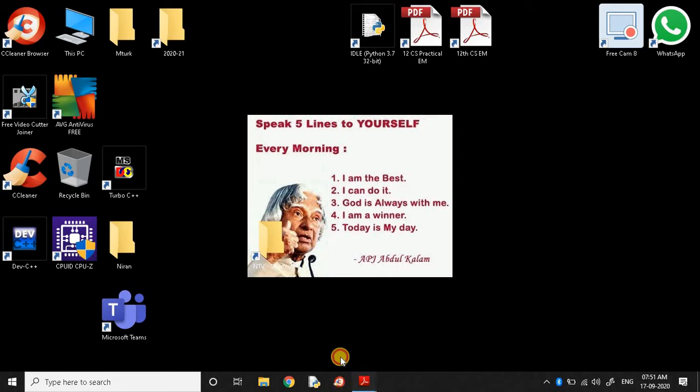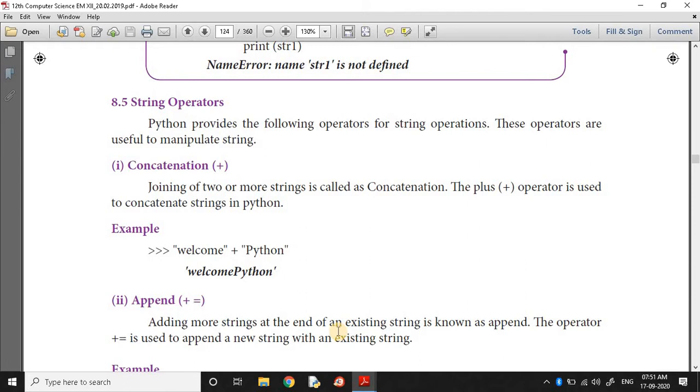In last class, we studied strings. What is a string? How will you declare a string? And how to access it, modify it, delete it. In Python, string is a data type. Strings are immutable. That means once a value is assigned, that value cannot be changed. We can assign a new value, but particular characters we cannot change or partially delete.